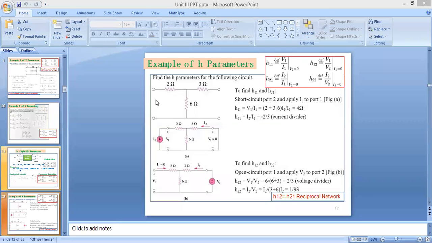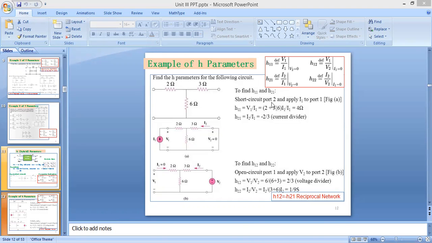So here in H parameter, when we are deriving H11 and H21, when we are considering V2 as 0 volt, जब हम voltage 2 0 consider कर रहे हैं, at that time we are supposed to make port 2 a short circuit. And when we are considering I1 as 0, when we consider current as 0, that circuit will be shunt. So here we can consider port 1 as an open circuit and we can calculate the value for H12 and H22.